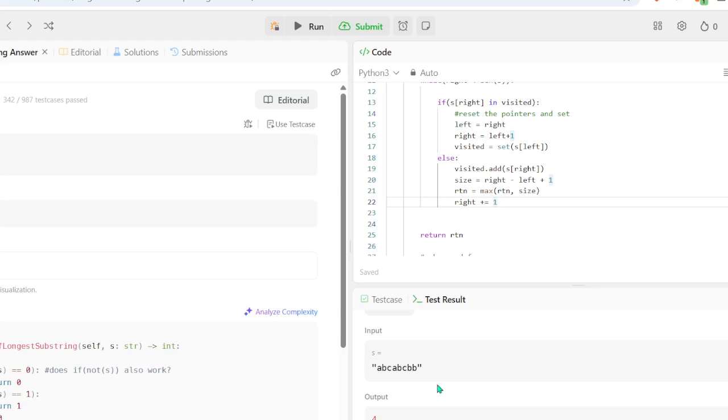Is this right? So if L is on A and R is on B, right? So we add right to the visited list. Okay, whatever. The size equals right minus left plus 1. So we do 1 minus 0 plus 1, which is 2. Okay, that makes sense, right?